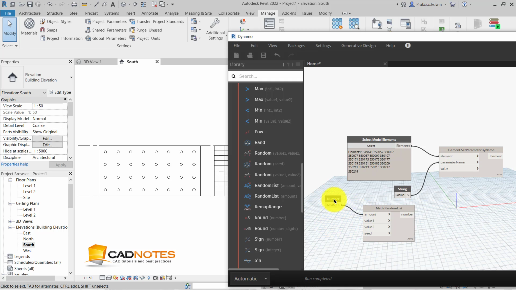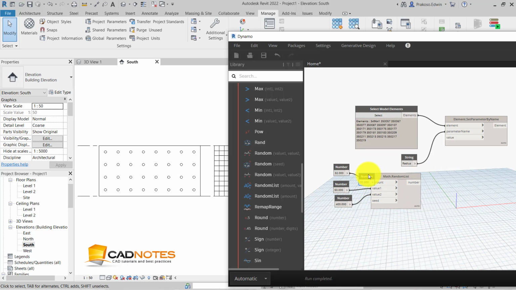Let me select this, Control C, Control V to copy that. The smallest radius I want to be 50, which is 5 centimeters, and the maximum is 400. For the seed, let's just give it 1.